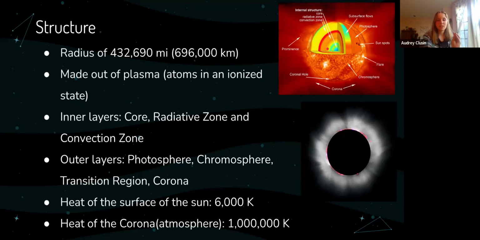I'll be honest, I don't know that much about this, but I do know that the corona, compared to the heat of the surface of the sun, is what is that? 20? No, I think that's 2,000. Yeah, that's 200. I don't know. I think it's 200 or 2,000 times hotter than the surface of the sun, which is weird because the corona is on the outside of the sun. So you would think that it's not as hot as the center of the sun, because the center of the sun is where all the heat is being generated and it radiates out.